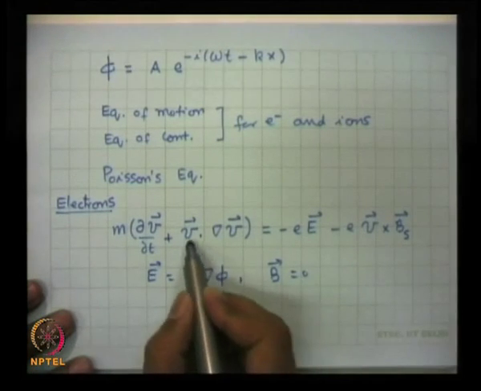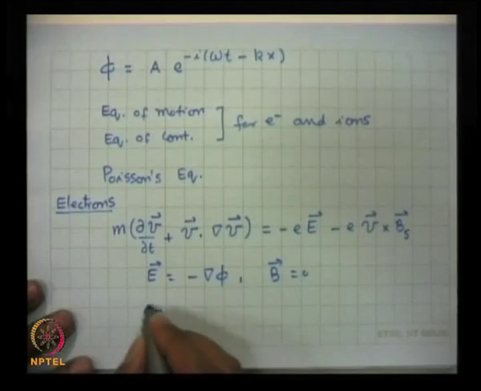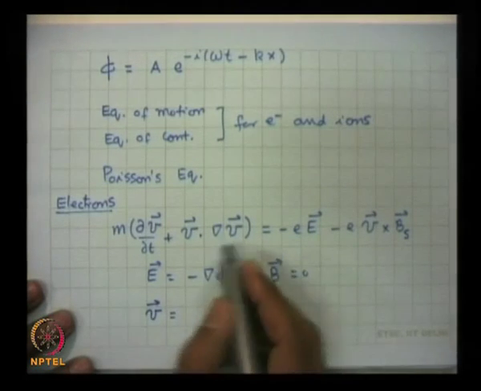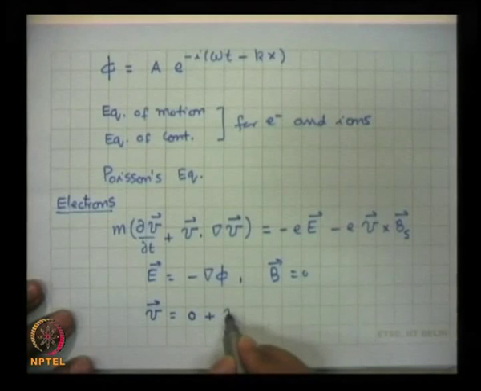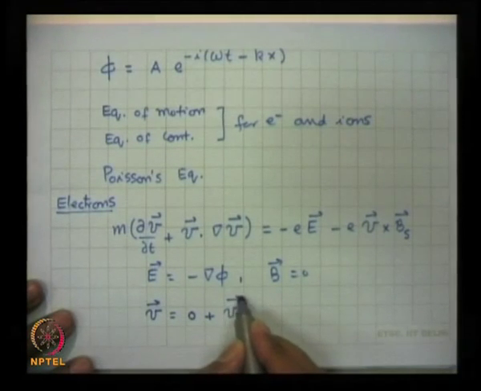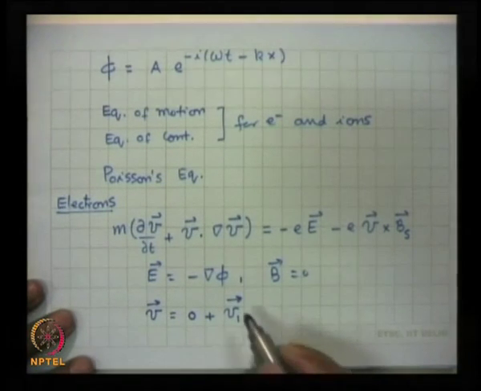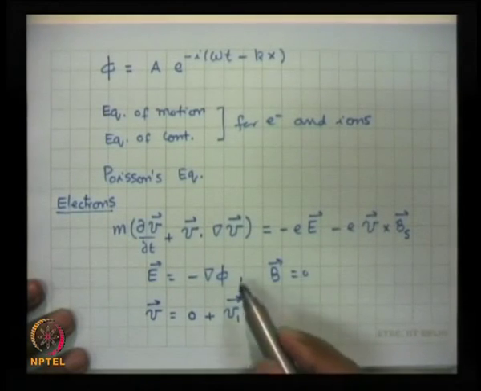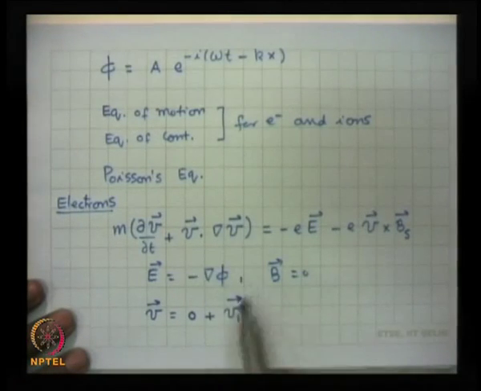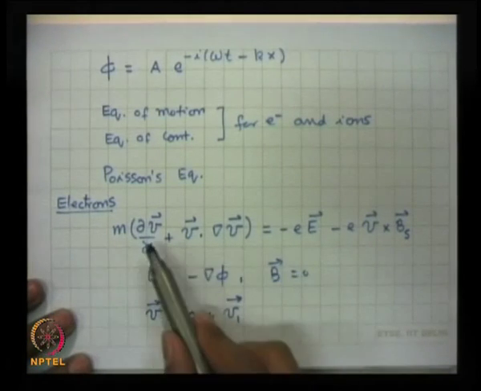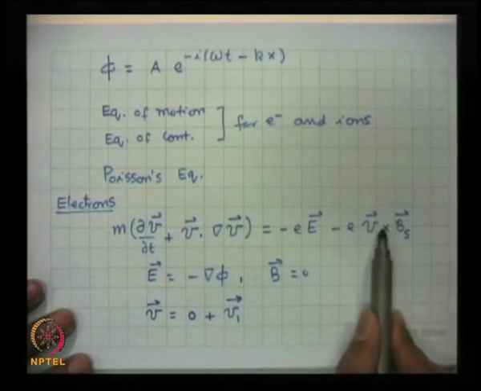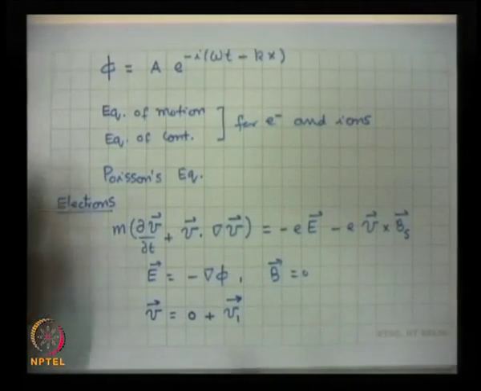Another thing, for electrons this velocity I can write down as an equilibrium velocity which is nearly 0 plus a perturbation quantity V1. And when I substitute this here, I ignore the product of perturbed quantities. So, this term does not contribute at all, and this term survives, this will also survive, this V1 cross Bs. So, let me write this equation for the perturbed velocity